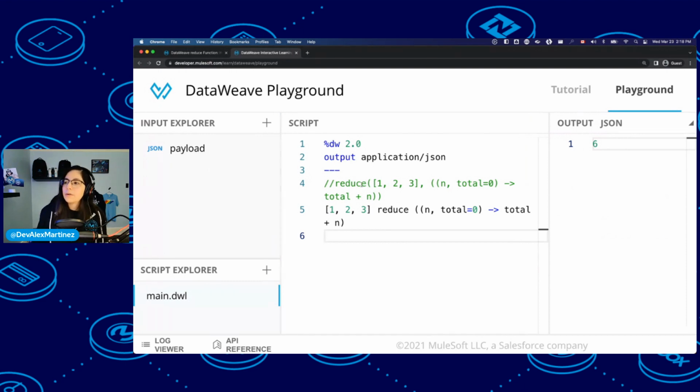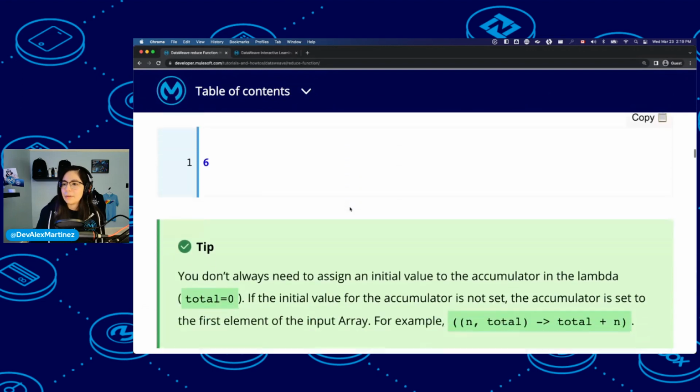All right, so before we had the reduce function first, and then inside the reduce function, we had our first parameter, which was the array, and the second parameter, which was the lambda function. In this case, we're using the infix notation. So we have our array first, then our function reduce, and then the rest of our lambda. So this is doing exactly the same. It is just written in a different manner. So we still end up with 6. It's still just doing a summatory, I guess that's how you call it in English, of all of the numbers.